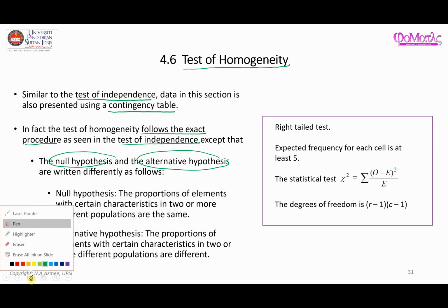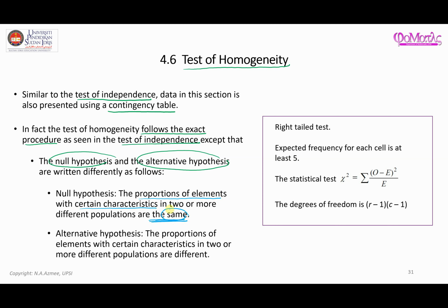Now, when you talk about writing down the null hypothesis, the keywords that you need to have are homogeneous or the same. So the keyword here is the same or similar or homogeneous. Now the way you can write the null hypothesis is something like this. In general, it looks like this: the proportions of elements with certain characteristics in two or more different